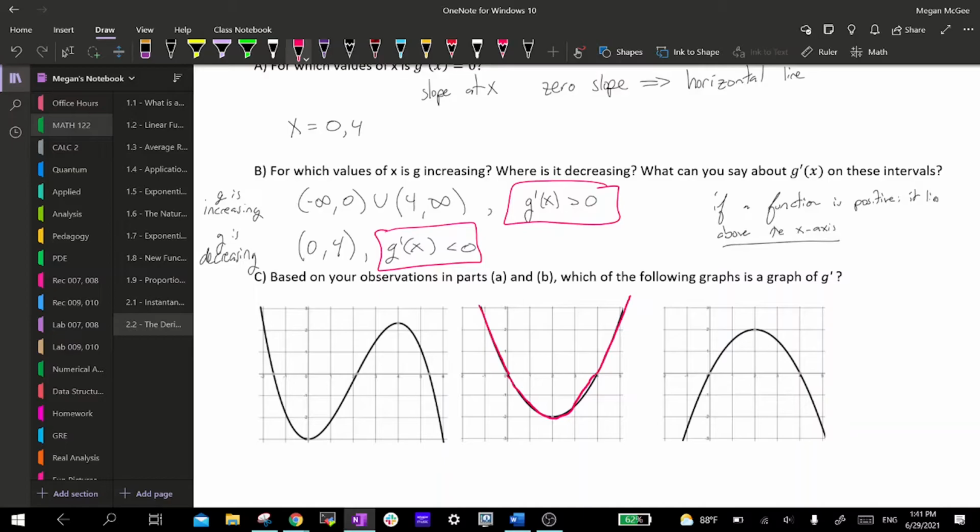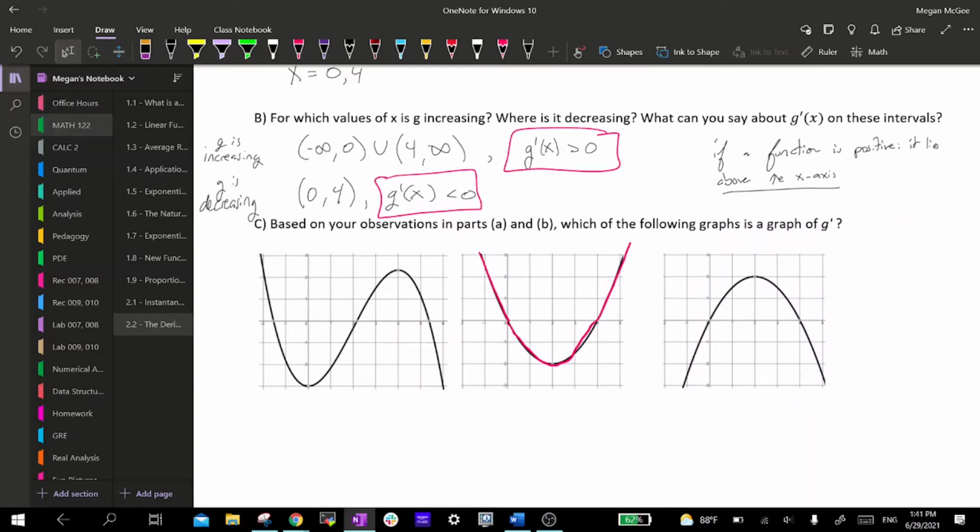One more thing I'll mention is that when a function changes from increasing to decreasing, or the other way around, from decreasing to increasing,